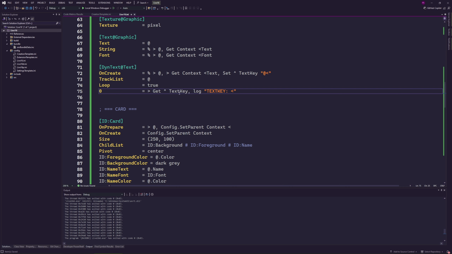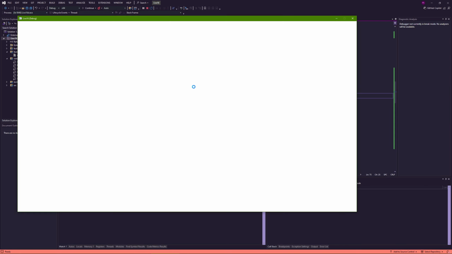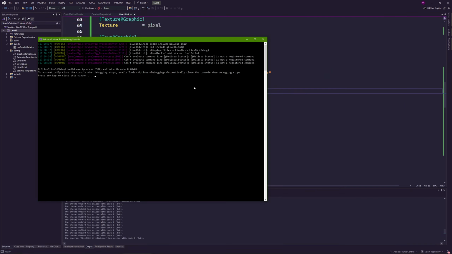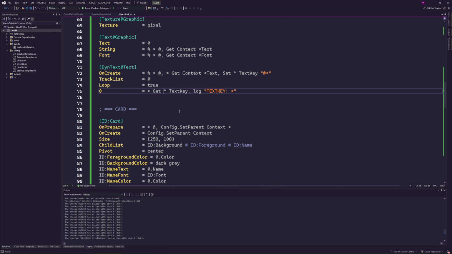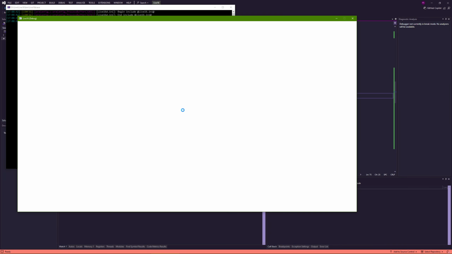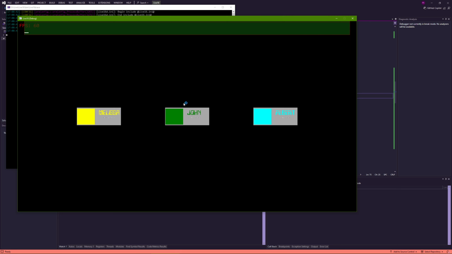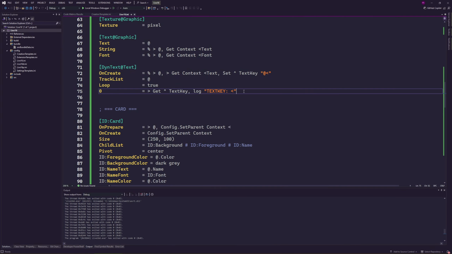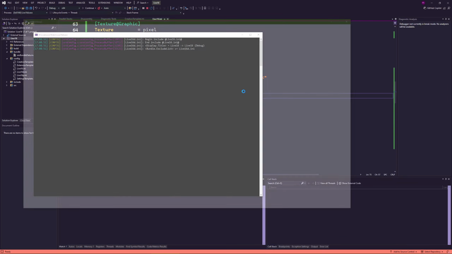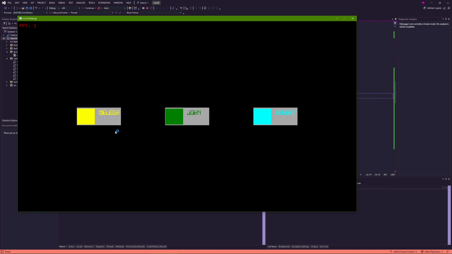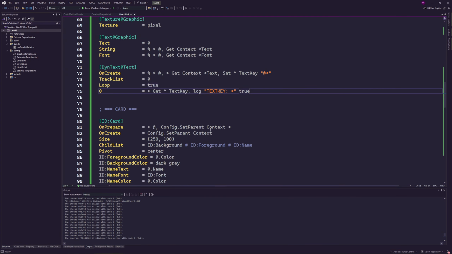Okay, get a text key. You know what? I'm going to dump the 0 content. Equals? No, that's a command, so there's no need for a percent here. Okay, so the log is here. Oh yeah, the log wasn't there because I didn't put true here. Okay, so it's empty. Or maybe it's an extra percentage sign. Does on prepare need a percentage sign? On create doesn't need it, for sure.